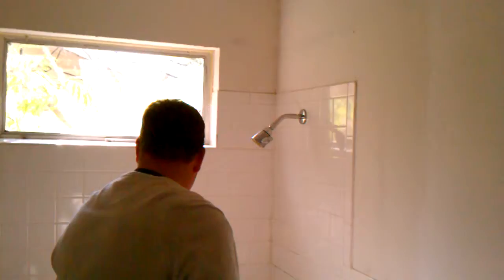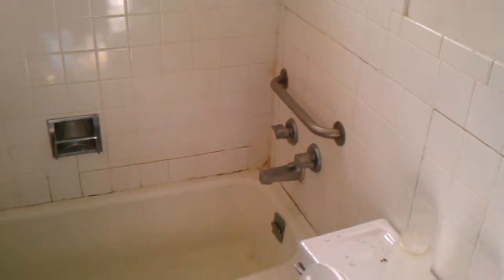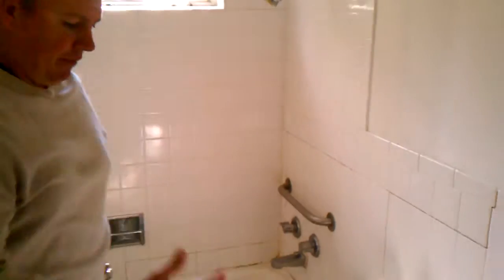And anyway, I'll recoat this because it's in bad shape. But once you start demoing, it's like peeling an onion. Yeah, you get layer after layer after layer. So